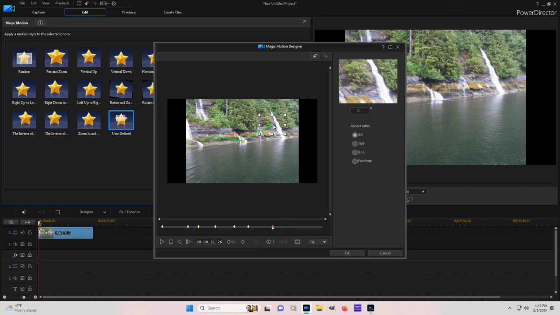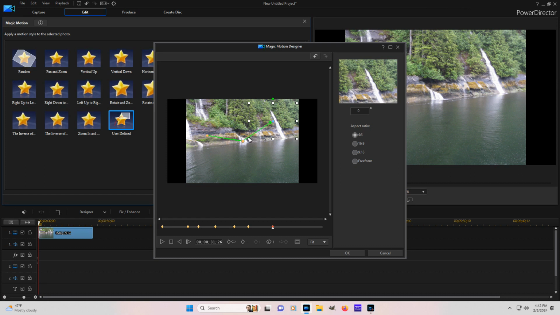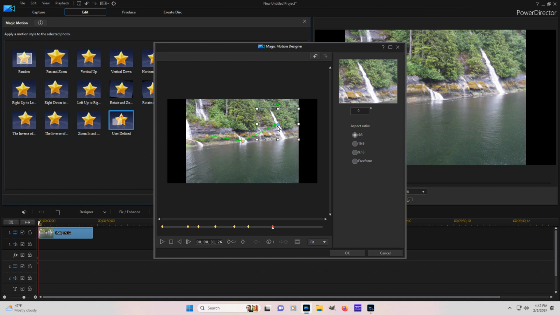And the way I'll do that, I move the timeline indicator, I put a keyframe in. We're going to go over here, expand this box a little bit to show this third waterfall. Now I can zoom in a little bit more if I want and move this over. We're going to open that up just a little bit so we see some of the water. Okay, and I want that to sit there for a second. So what I'll do is I'll move the timeline indicator, give it a keyframe,